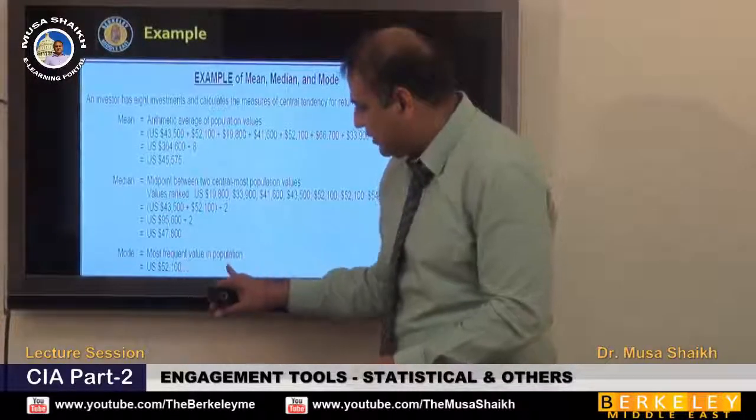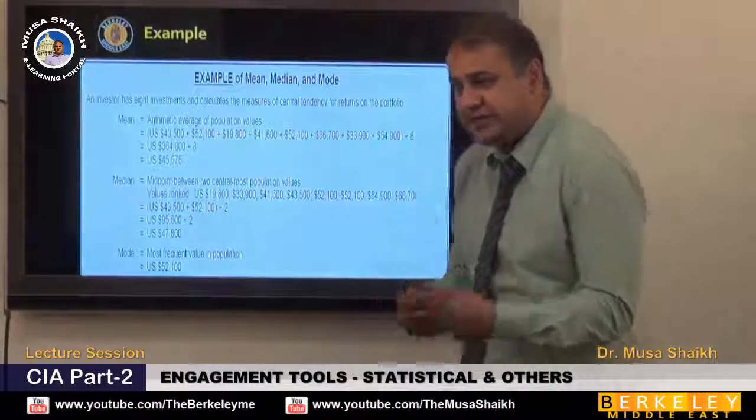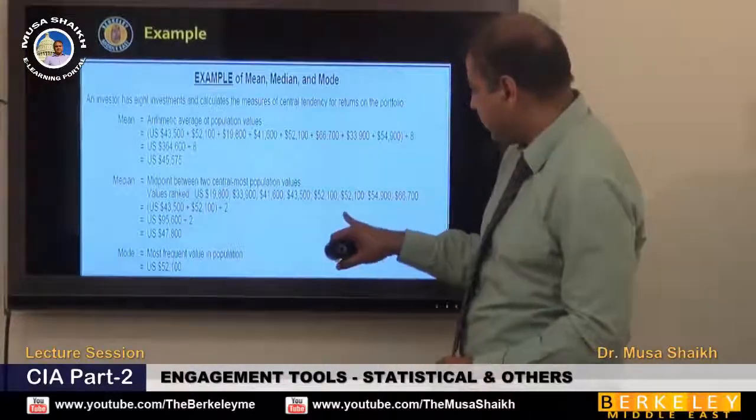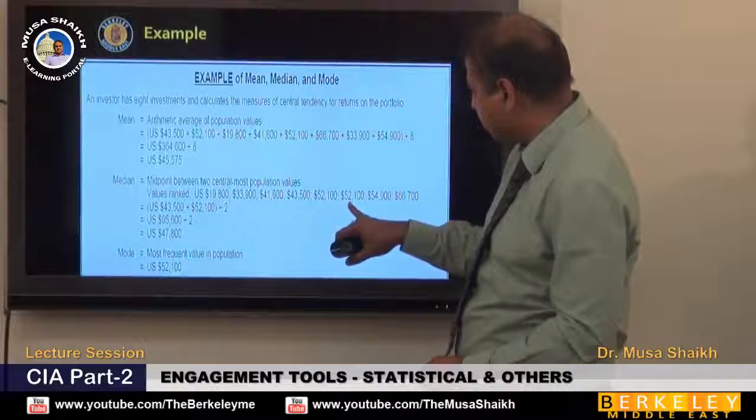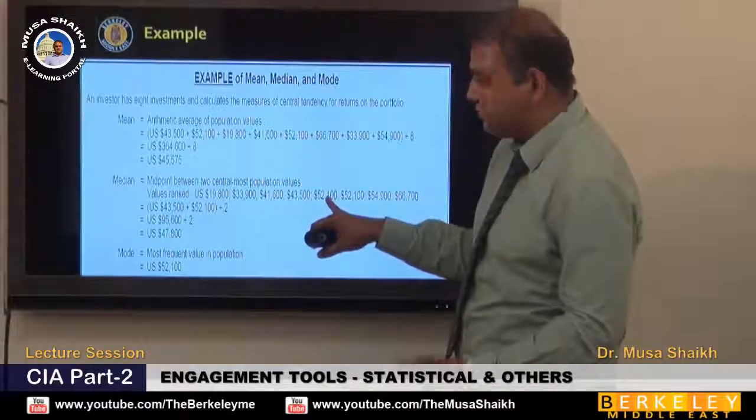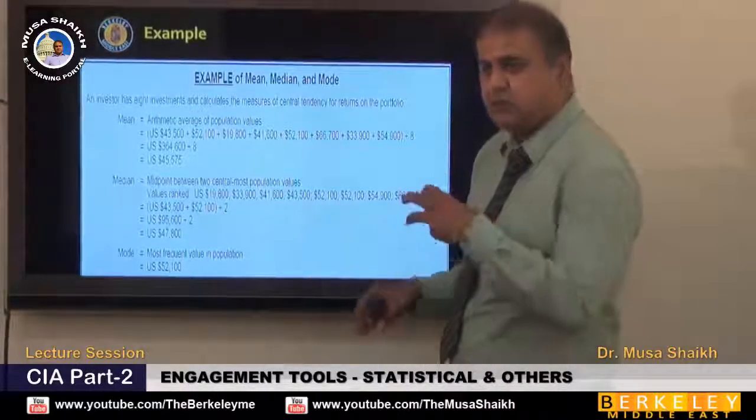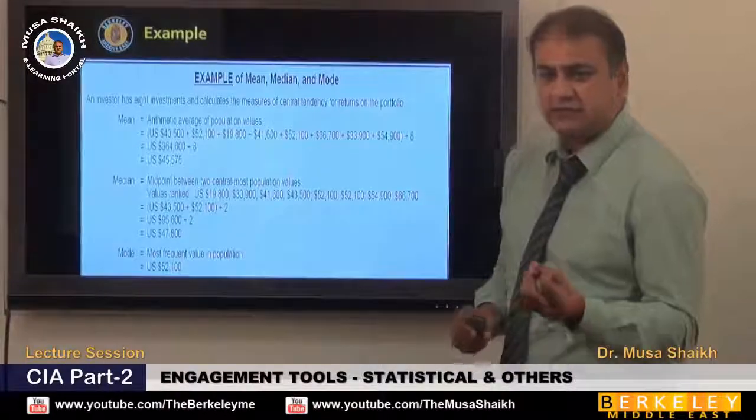The most frequent value in the population, the one repeated more, is the mode. You can see 52,000 appears 2 times. This is the only value which is repeated 2 times, so this is the most recurring value, that is called